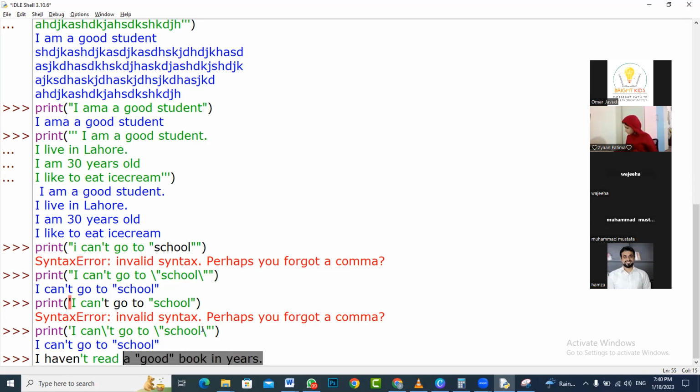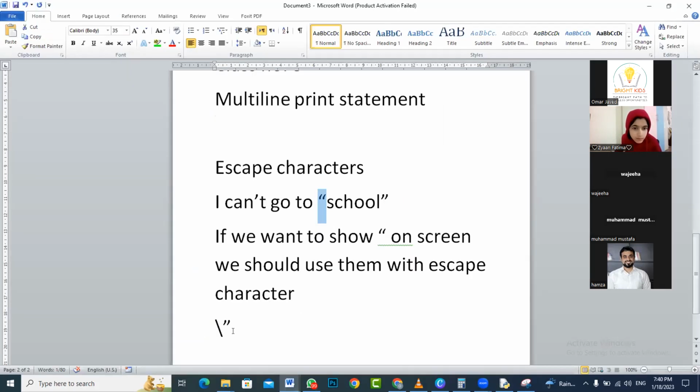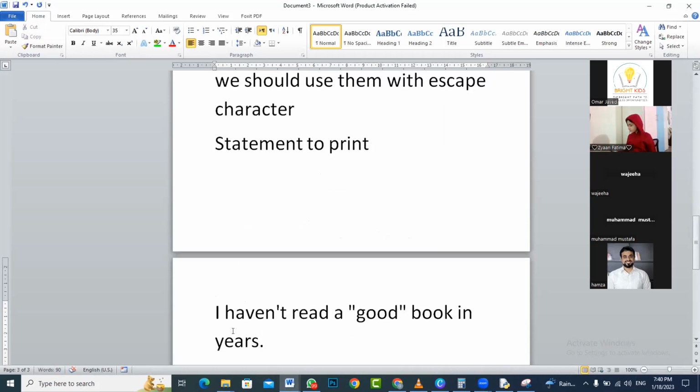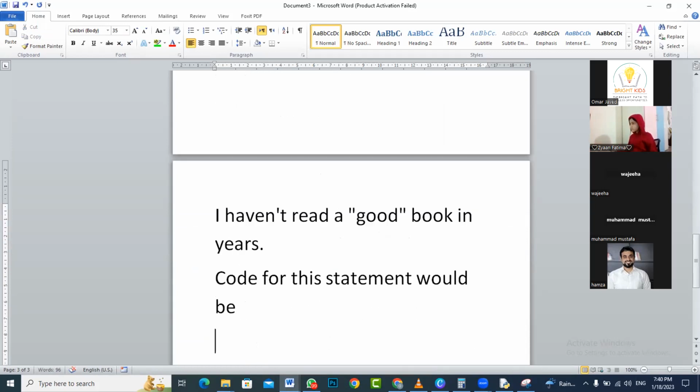So let's say that if we had to write this statement, I haven't read a good book in years. How are we going to write that? We are going to write it like that. So this is the statement that we want to print. Statement to print is this one: I haven't read a good book in years. Code for this statement would be print